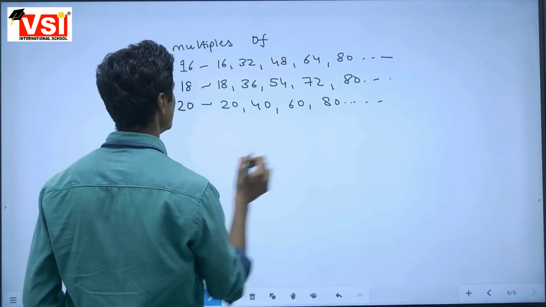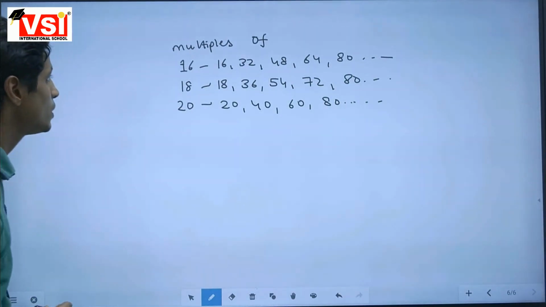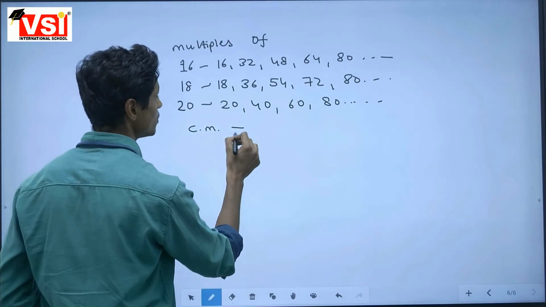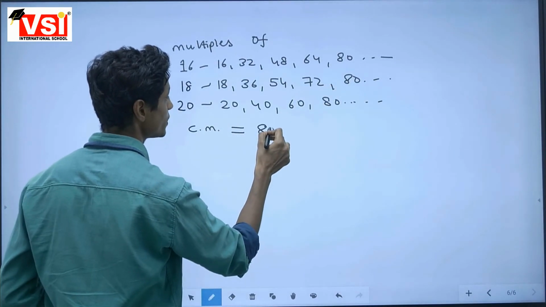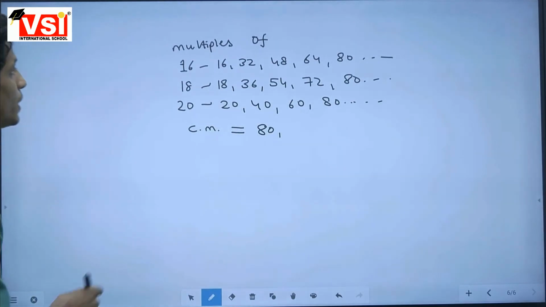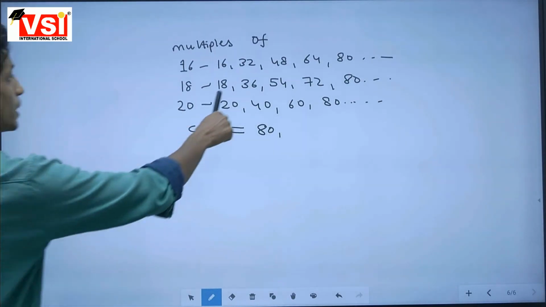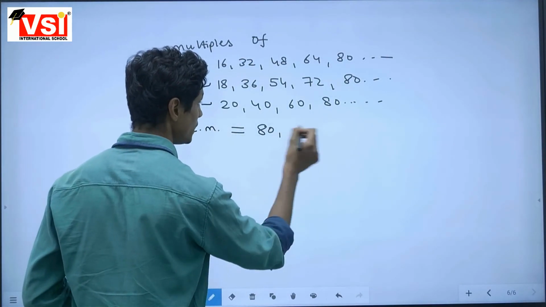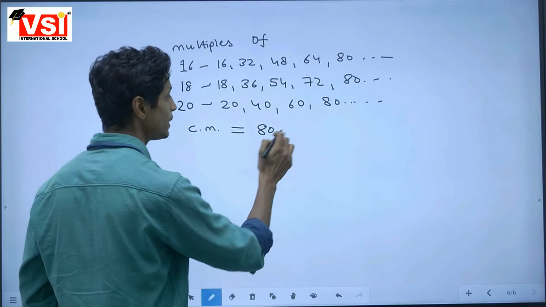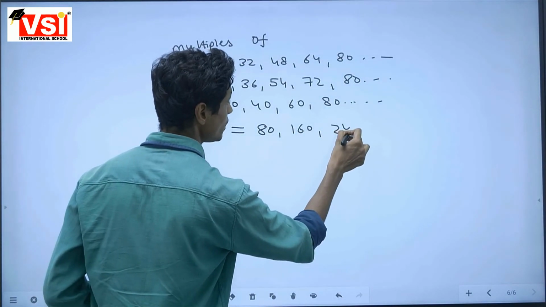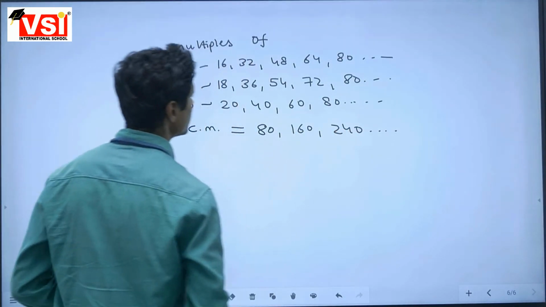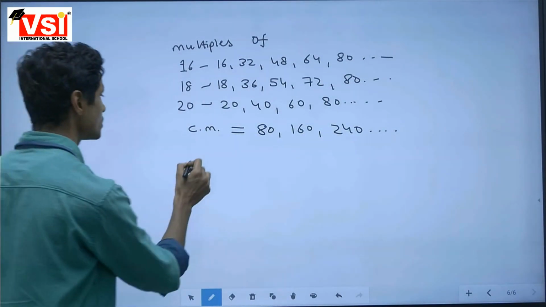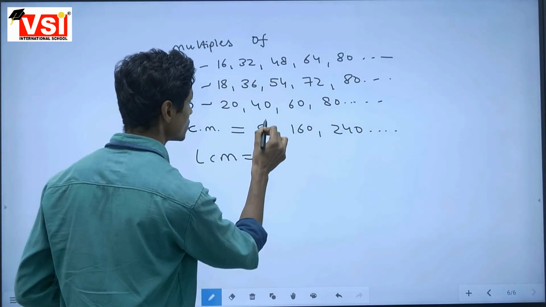That's all. If you are able to find the first common multiple of any group, here it is coming as 80, then you don't have to struggle more or find it in this manual manner. So just write the table of 80 in order to find the common multiple series. So 80, 160, and 240, and so on. We don't have to bother much to find the LCM, because the LCM is the lowest one of this series. So the lowest one will be 80.